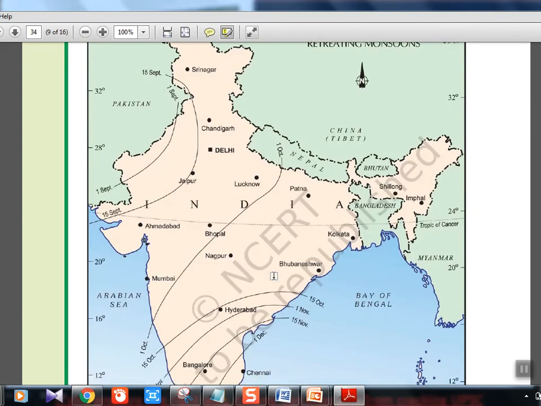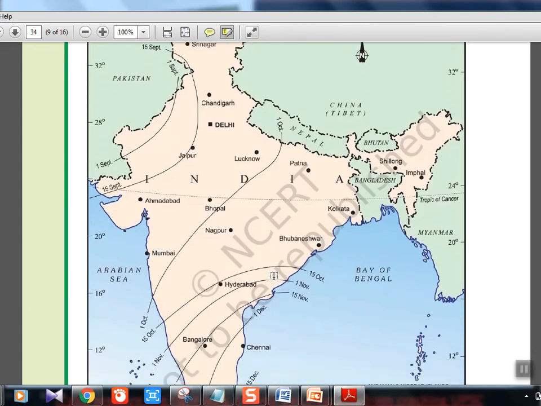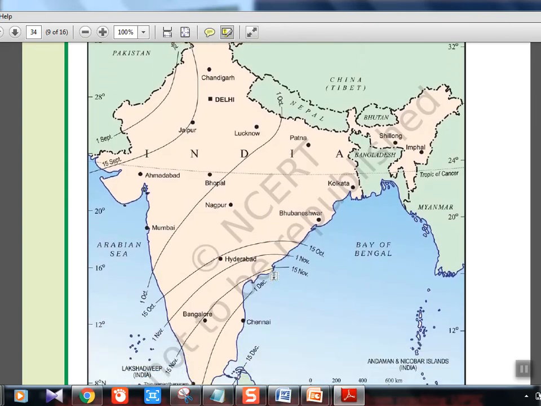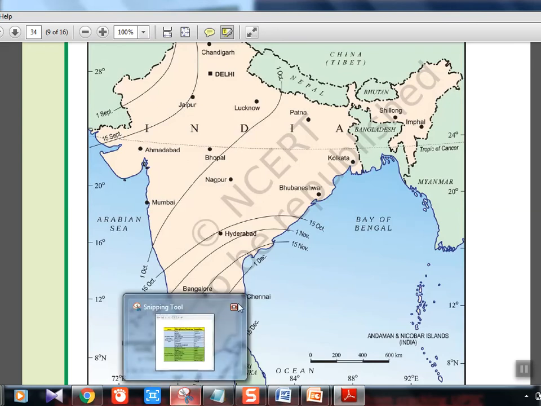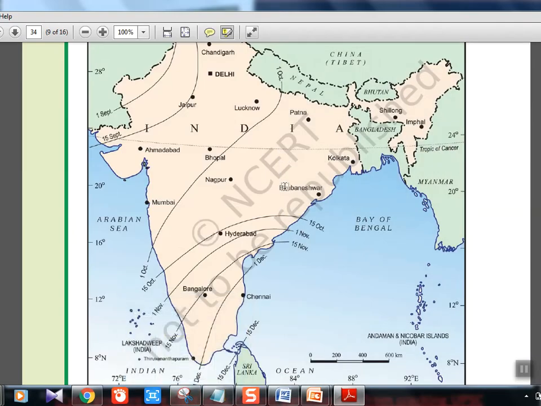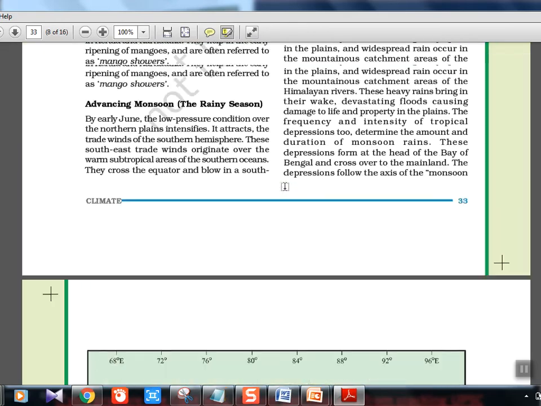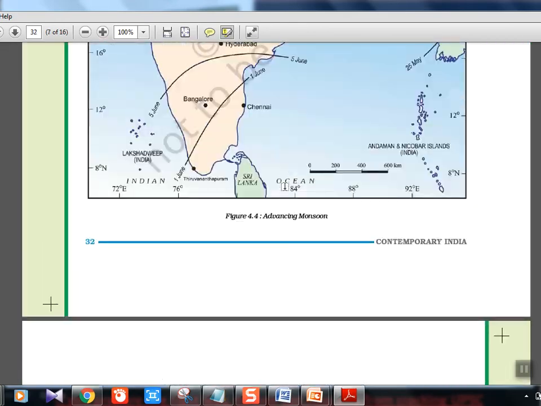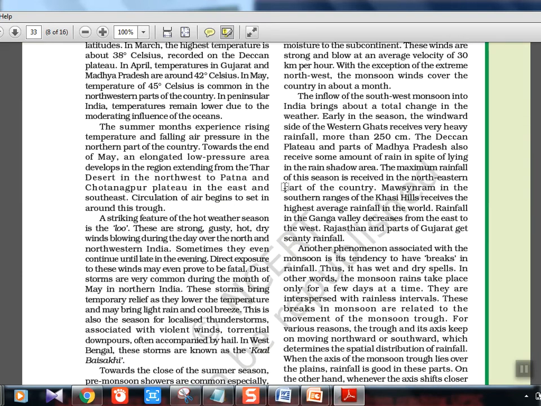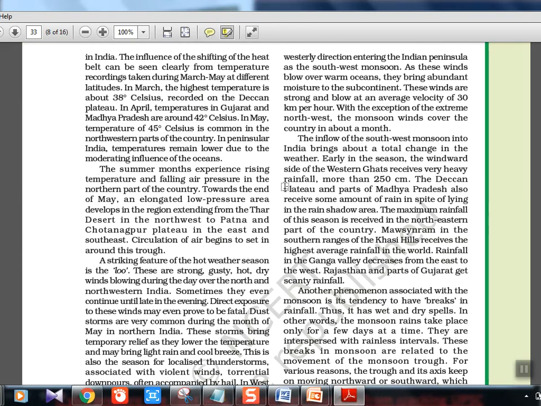Okay, so we see 15 September, go from north to south now. 15 September, 15th October, 1st November, 15th November, 1st December, 15th December. So by the end of December, see, it's reaching Sri Lanka. So it's actually coming out of Indian mainland. So that is the whole story what we saw. Again in picture they showed, that is the benefit of NCERT. In other textbooks or big authors' books, if you read, you won't get this pictorial thing. Okay, so it's easier to cover NCERT and complete the portions.